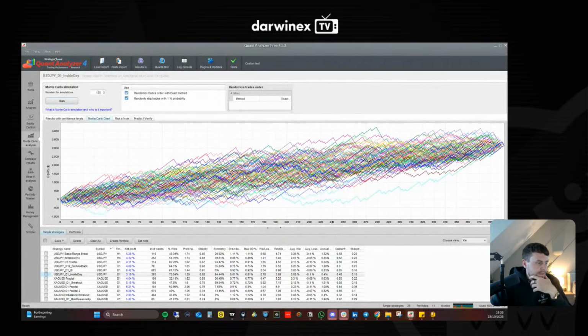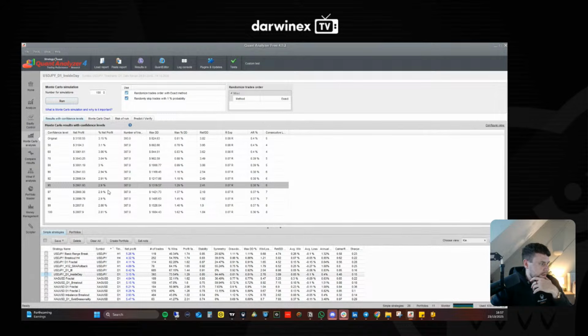So we have the majority within the average or the mean of these. We have one strategy down here, or one Monte Carlo simulation of the strategy that's kind of underperformed over the time. And we have a couple up here which were kind of above the mean. Other than that, there's not too much to be concerned about here.